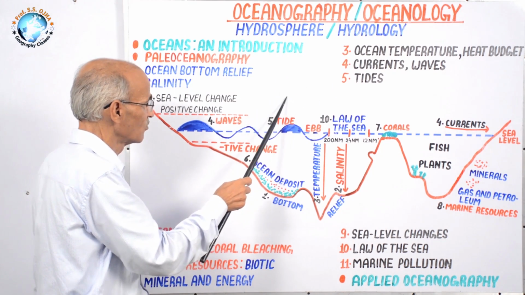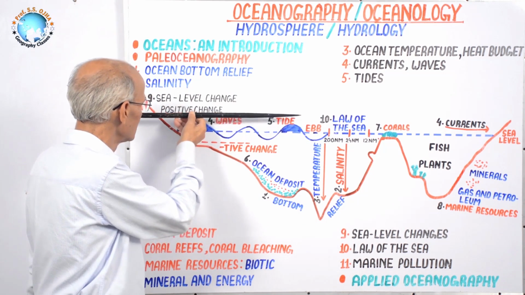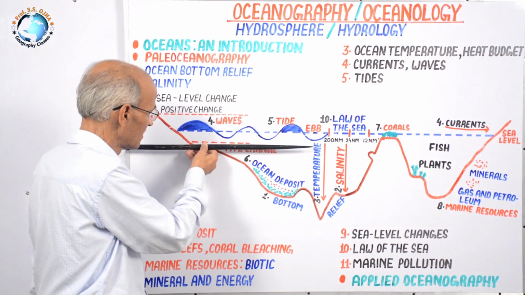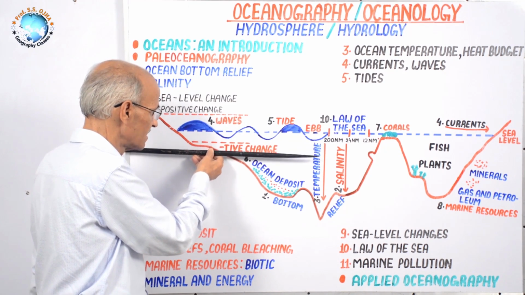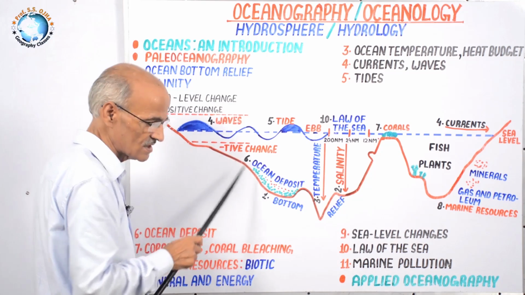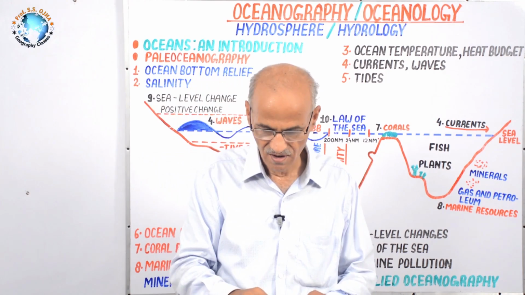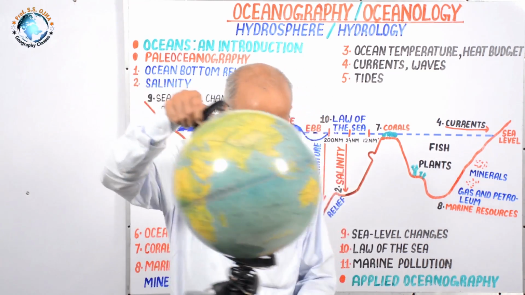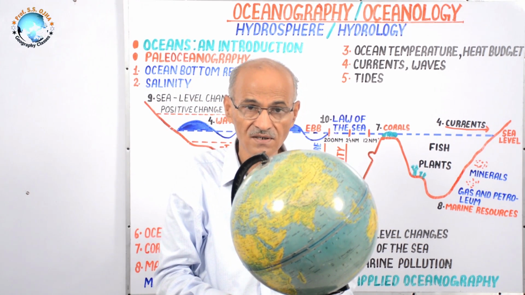When there is global warming, the sea level rises, which is called positive sea level change, but during global cooling, the sea level goes down, or the sea level experiences negative change. That's why sea level change is also a very important point to study, and we have studied that during two periods, Carboniferous and Pleistocene, there was a phase of atmospheric cooling.